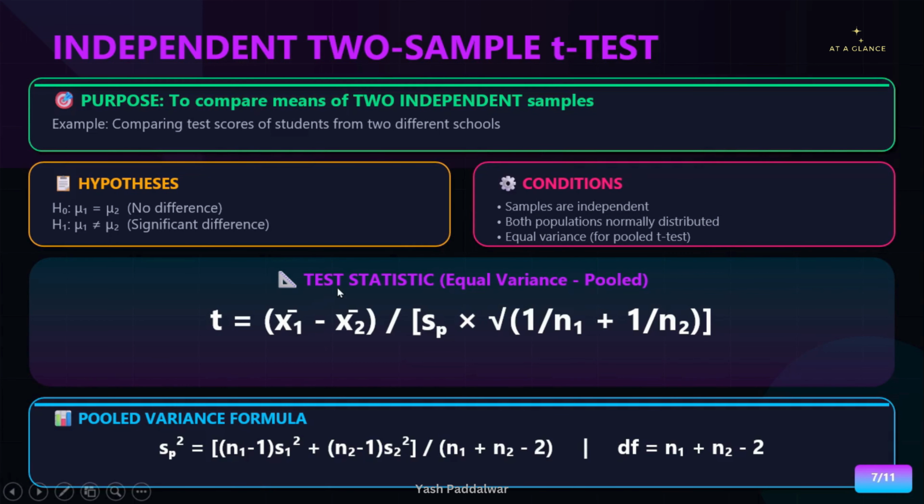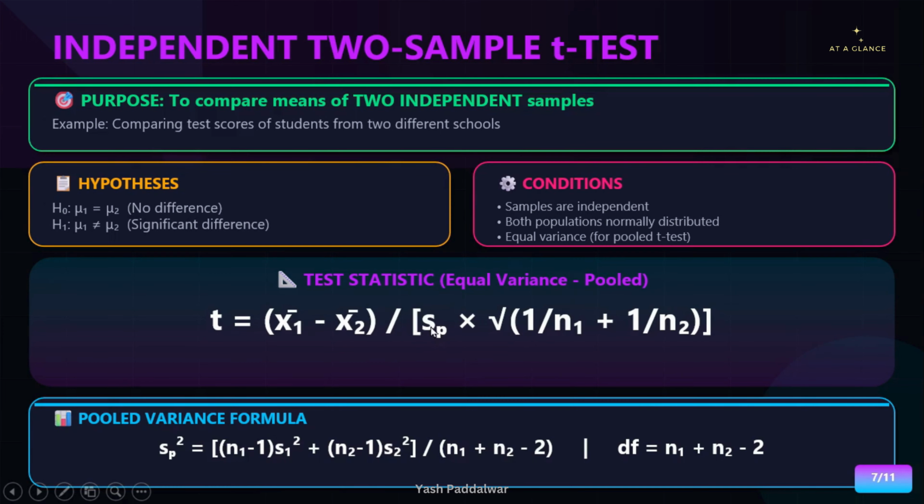So this is the formula of test statistics for equal variance or pooled t-test. Over here you can see we have multiple things in this particular formula. Why? Because there are two samples in here. So we have x1 bar, which is the mean of first sample. X2 bar is mean of second sample. X1 bar minus x2 bar, the whole divided by,